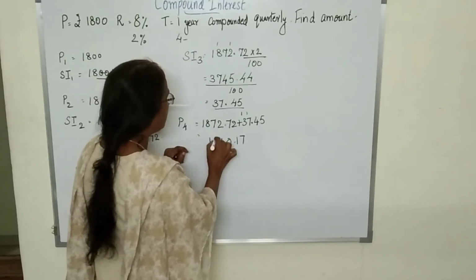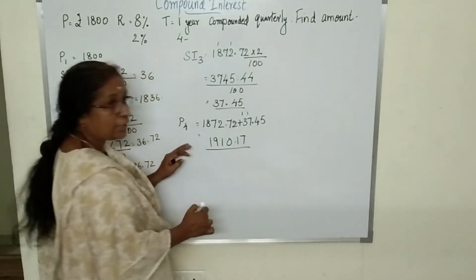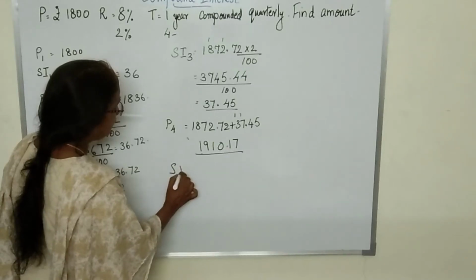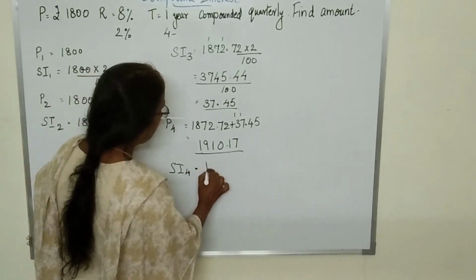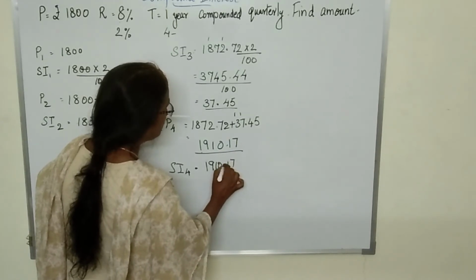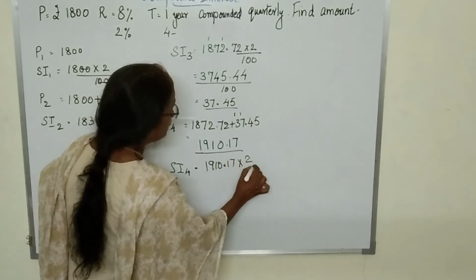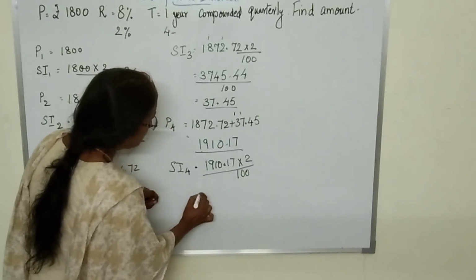Then 18 plus 1, 19. So this is the P4, 1910.17. SI4 is equal to 1910.17 multiplied by 2 upon 100, which is equal to,